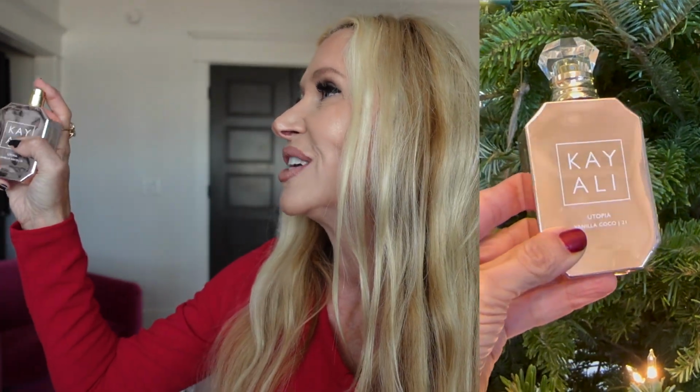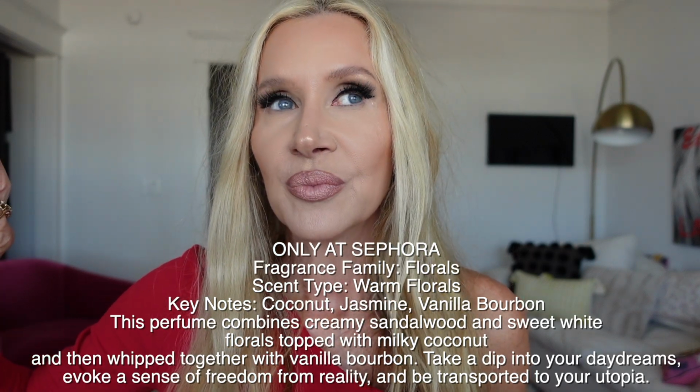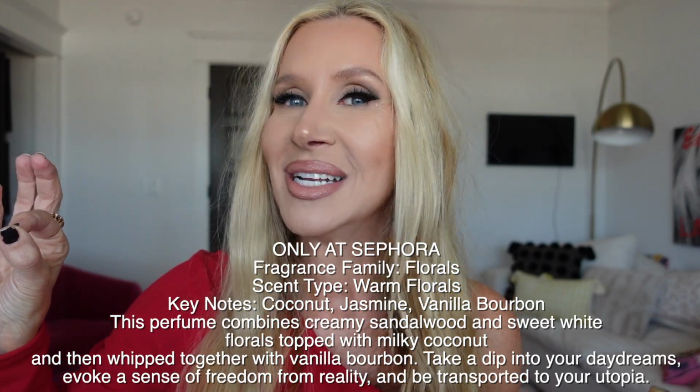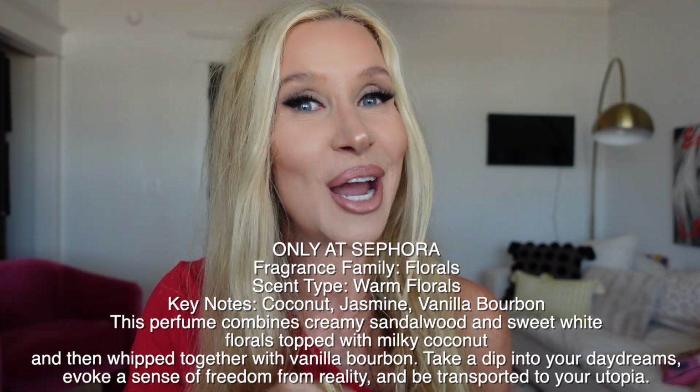Okay, this is probably one of my favorites, and I did buy the full size in this. Let me spray this one over here. Okay, same thing. This one leans a little fresher and a little, just slightly more summery, but definitely not a suntan scent, which you'll see I'm not opposed to